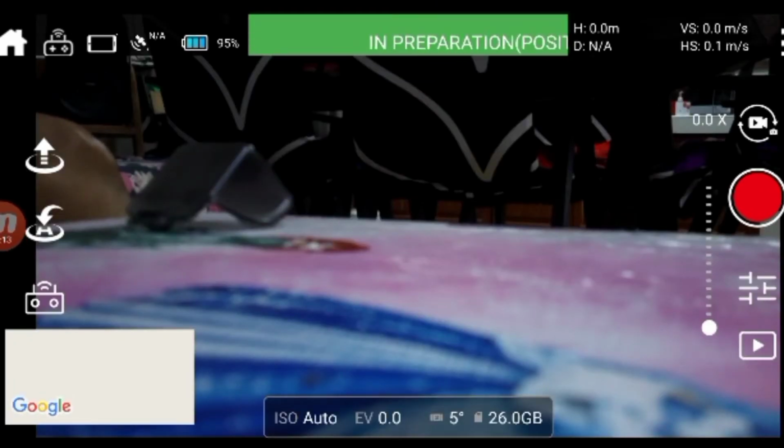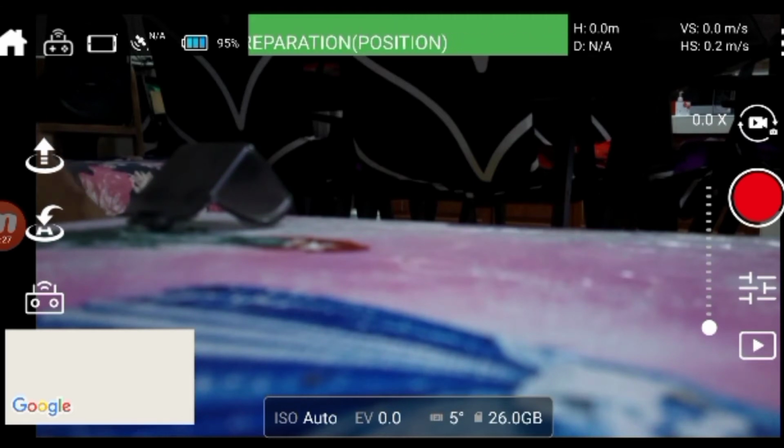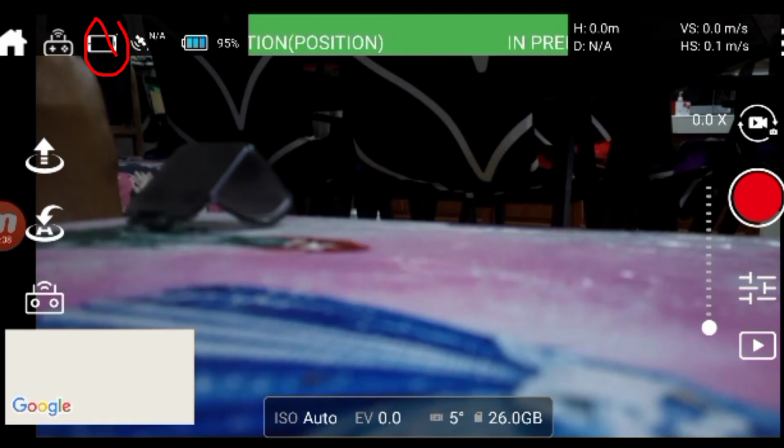I'm not yet interested to update my application. So here's the home icon, the remote controller icon, and the third one I think is the phone icon, and the fourth icon is the satellite.